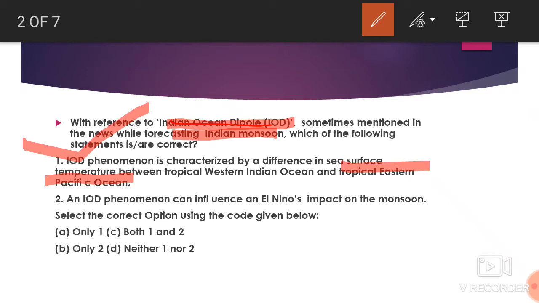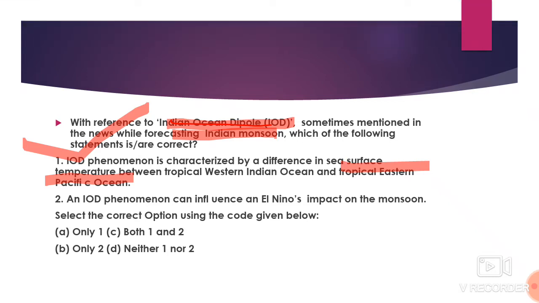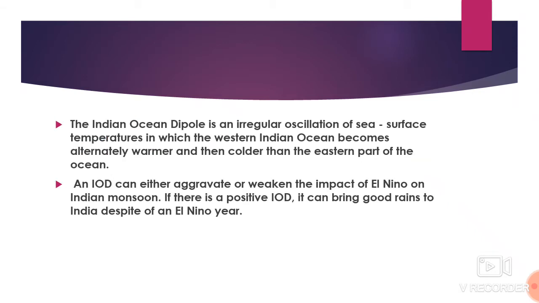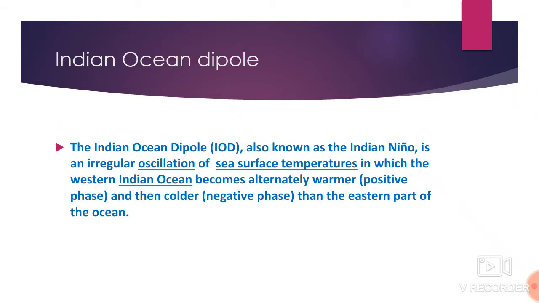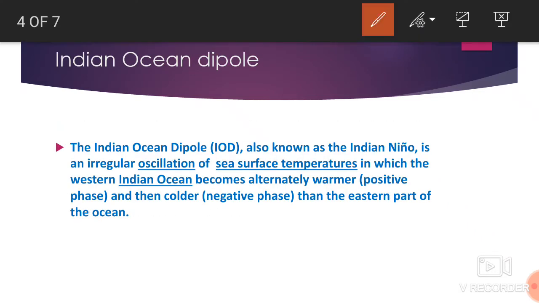So this is our preparation where we have to gather information and utilize it according to the times. So let's gather all our knowledge and information relating to this concept. What is the Indian Ocean Dipole? The Indian Ocean Dipole, known as the Indian Nino, is an irregular oscillation. It means it is irregular. There is no specific pattern which has been observed by the scientists